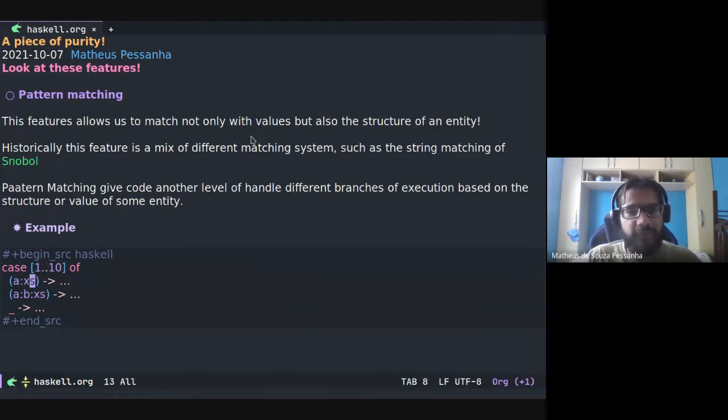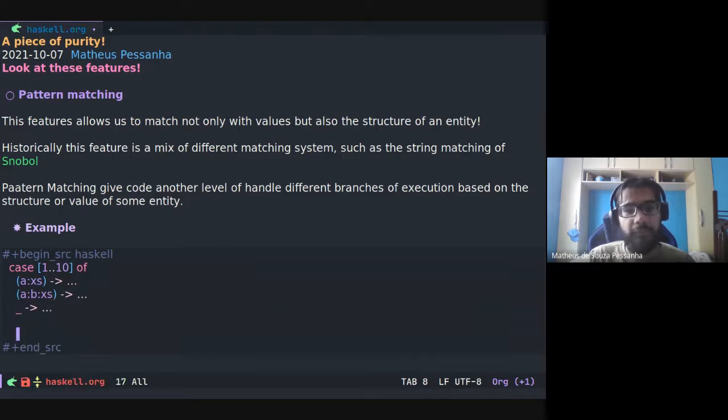In the first case, I matched a list with at least one element. The second case, at least 2 elements and the tail of the list. And the general case for any other kind of list.